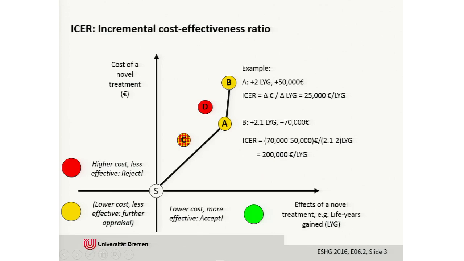Now, in this special case, technology B has an incremental cost-effectiveness ratio of 200,000 euros per life year gained. Whether or not this is considered cost-effective, that's not for the health economists to decide, but it's a political question. But still, it's a very interesting question where also there's a lot of economic and ethical debate about reasonable benchmarks for estimating cost-effectiveness. That's one of my favorite topics, so I could talk for hours just about this question of